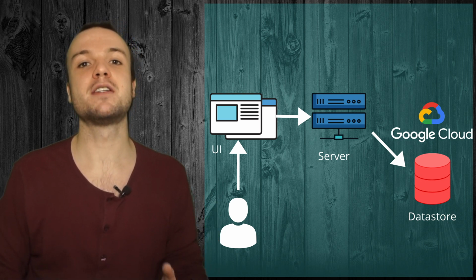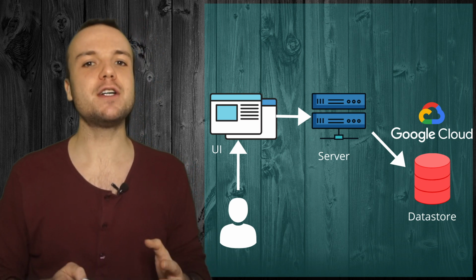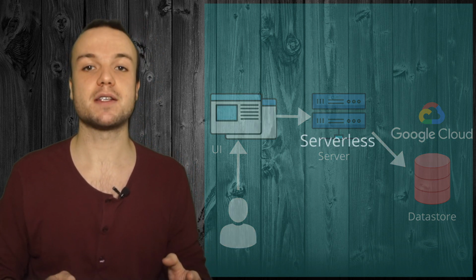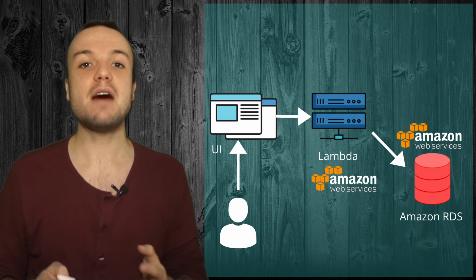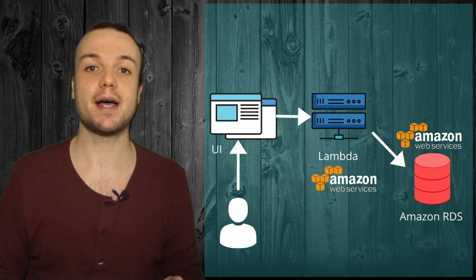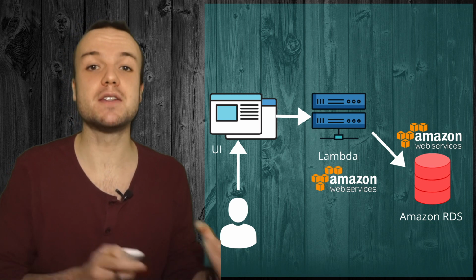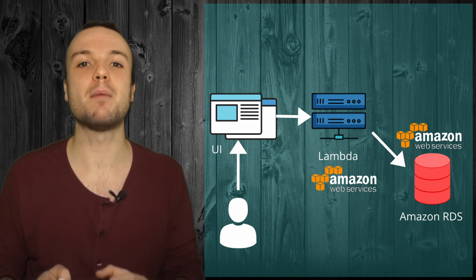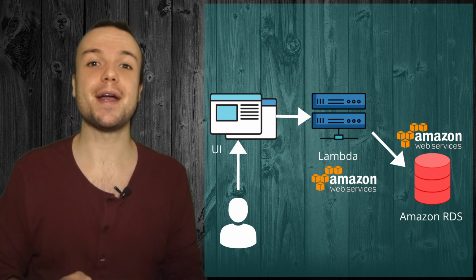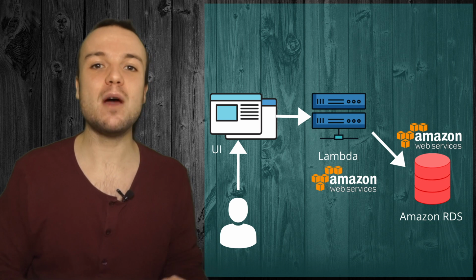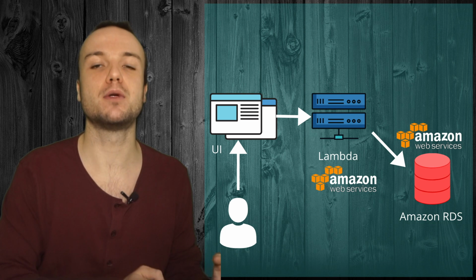Recently, cloud providers have introduced offerings that replace the need to build a server too. These offerings are often referred to as serverless. Lambda from AWS is a great example of such an offering. After setting up a database in AWS, you can deploy some custom code to Lambda, and it will be run connected to your database without you having to worry about configurations and setting up your own server. In this way, when your UI is requesting some data, the Lambda will read the request, fetch the data from the database, and craft a response suitable for the UI.